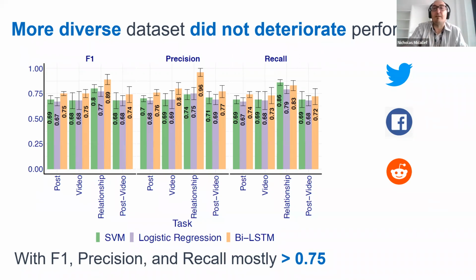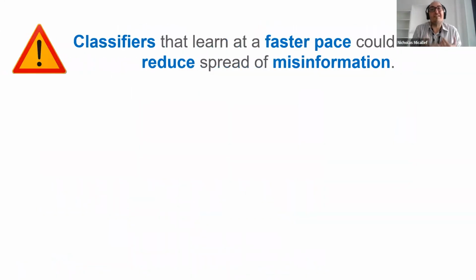Now, why is this important? This is important because using data from multiple platforms not only strengthens the robustness of the classifier, but it could also decrease the time required to train misinformation and counter-misinformation detection models for new topics, which would in turn reduce the spread of misinformation. It would reduce the spread because rather than taking a couple of weeks to train a new model from one dataset, by using data from multiple datasets, one could reduce the training to a couple of days. And that means that you have 10 days in which you are detecting misinformation, which before you weren't.